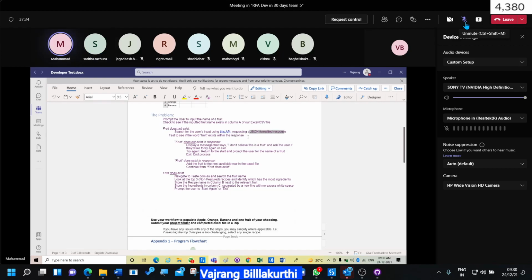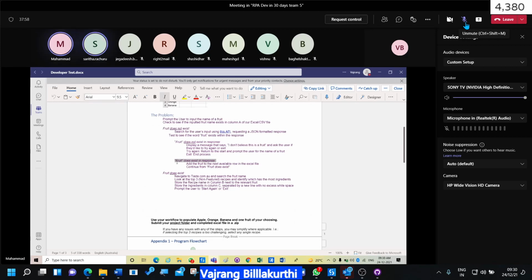In that JSON object, it will check the user entered input. If in the JSON response the fruit does not exist, do this process. They are telling that fruit does exist in response, only just FRUIT, not the fruit name.